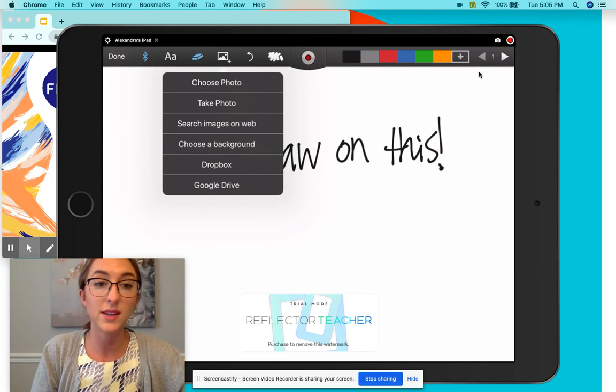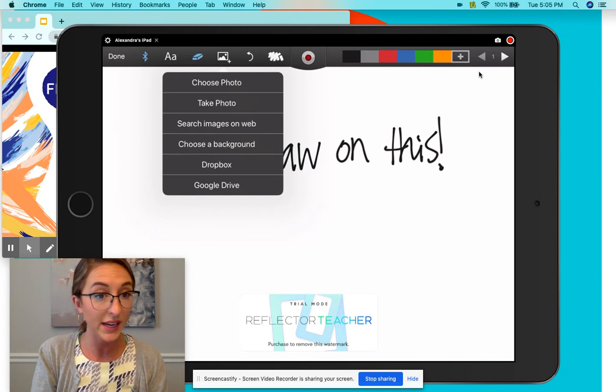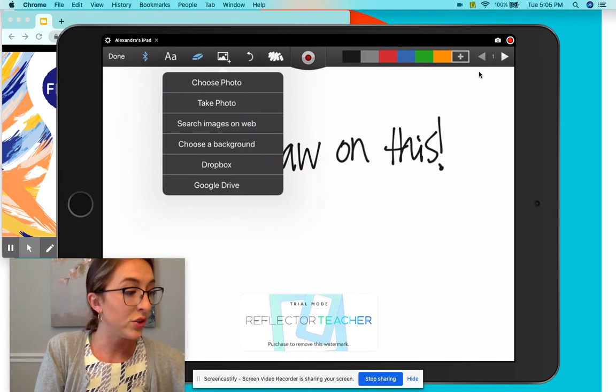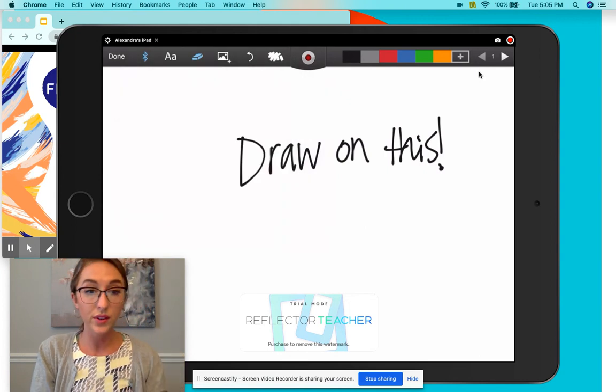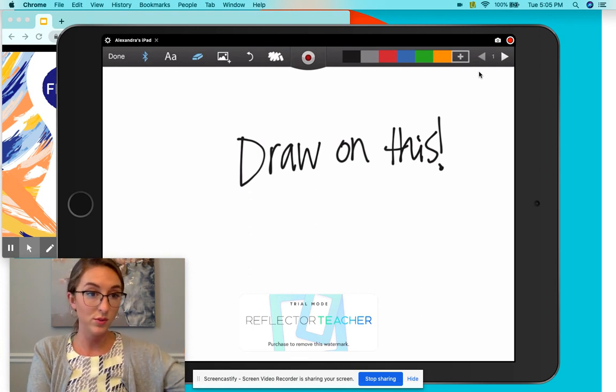So if there was an article and you had an image, you could upload it here and use this for English. You can also type, and you can record your voice over the lesson so that when you're speaking and you want students to hear you as you work out the problems, you can also do this as